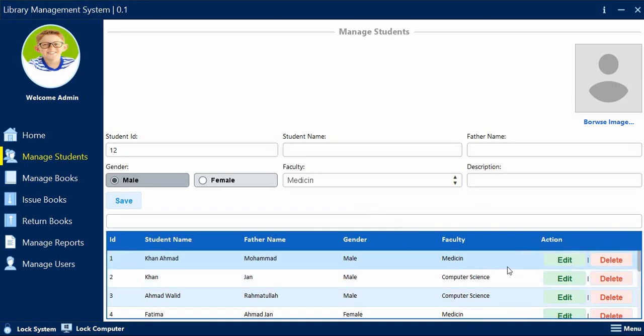In today's video, we want to implement the edit action. As you can see in the table, we have two buttons, edit button and delete button. When user click on the edit button, we want to send request to the database. That means we want to get student information from the database, and this information we want to display on this